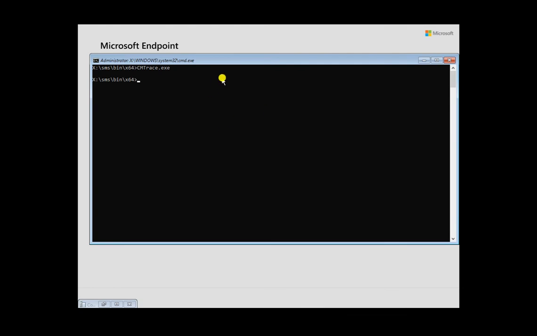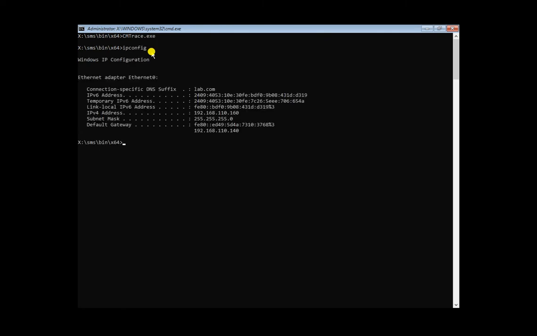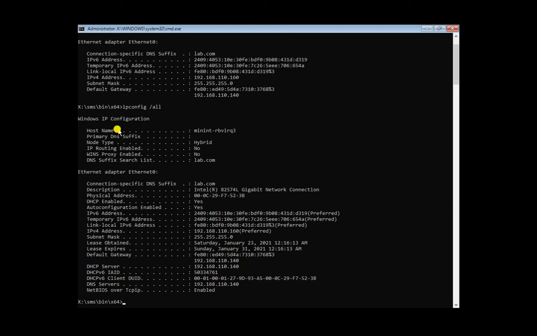Before that you need to do something more. If you want to check where it connected from and get more information, let's go with ipconfig. What IP it got: my bare metal machine got the IP 160. My subnet mask is this, and the default gateway we got is 140. Let us check some more information. So /all, and here my host name is assigned for this particular machine, and the node type is hybrid. DNS, this is the most important.